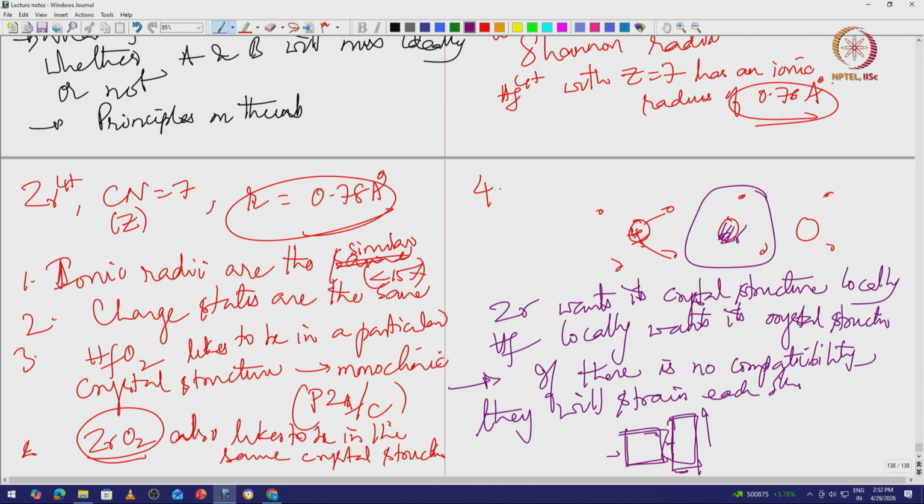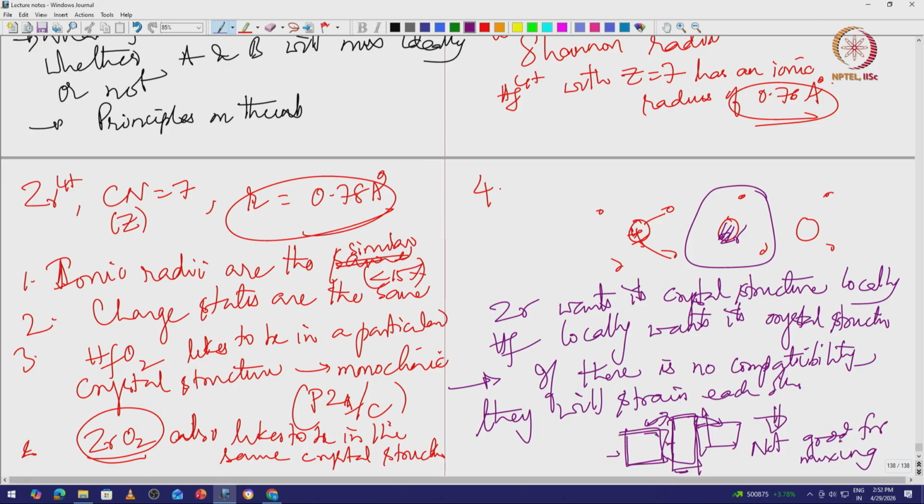That is the nature of the crystal structure, or the nature of the unit cell. Then putting both of them together, this guy will apply strain on this guy, and this guy will apply stress on that guy. So there are some internal stresses that develop, and as a result that is not good for mixing,